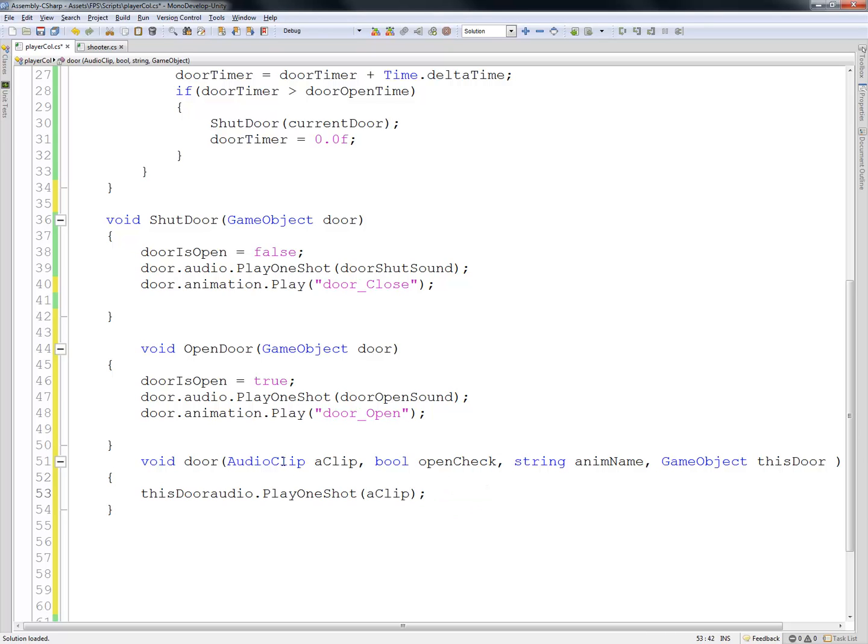So again, the audio clip doesn't have a door open sound or a door close sound, because this method is going to serve the purpose of both of these. So you have to sort of say generic. Alright, so let's go on to the next one, which is we're just going to set, just like we did here,